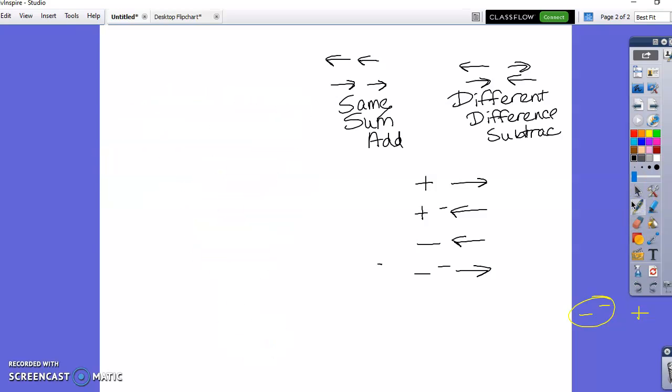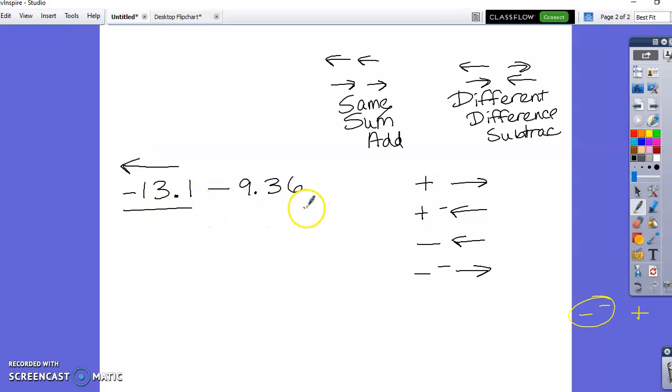Okay, so now what if I have negative 13.1 minus 9.36, okay? We do this all the same, even though these are not integers, these are rational, okay? I'm looking right here, a leading negative. A leading negative starts to the left,